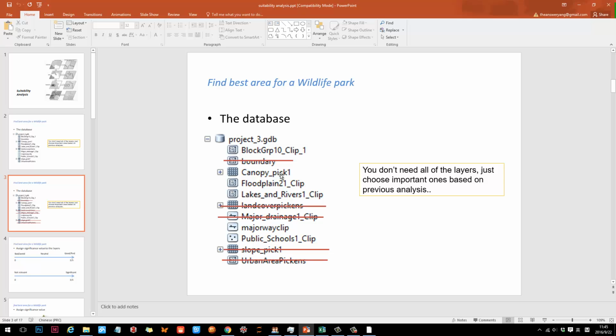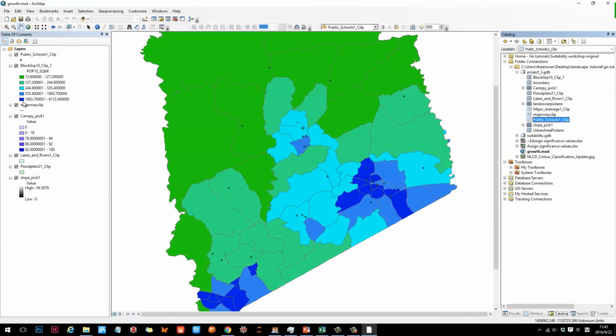And it's already included in canopy, so I don't think land cover works that well for me. Also, major drainage, I don't need that either, because what I need is a floodplain, which, if you check here,